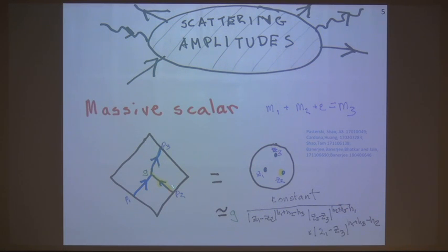And by the way, I didn't say this explicitly, but there's a map between the p's and the z's. There's an explicit formula for it. It's basically z equals p1 plus i p2 over p3 plus p0. It's the point on the sphere to which a field of momentum p asymptotes at late time. And the correlation function indeed takes this form that you encounter in any chapter in a conformal field theory book.